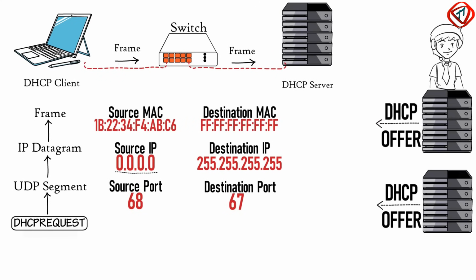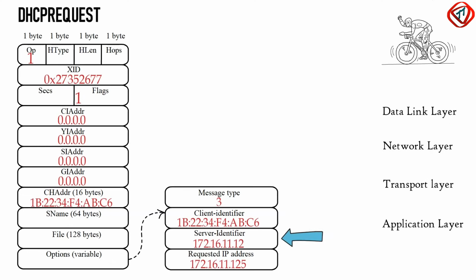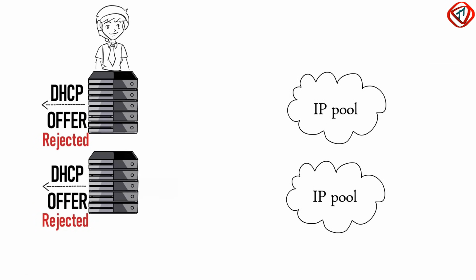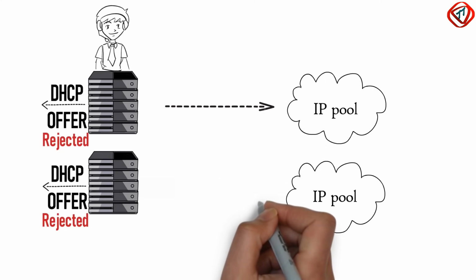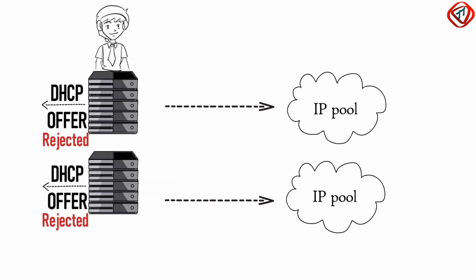Since a client selects only one offer message out of multiple received offer messages, to notify the servers whose offers are rejected, the request message is broadcasted. Server identifier field, which contains the IP address of the selected DHCP server, notifies the other servers that their offer is rejected. The rejected DHCP servers then return the offered IP address to their IP address pool so that they can be